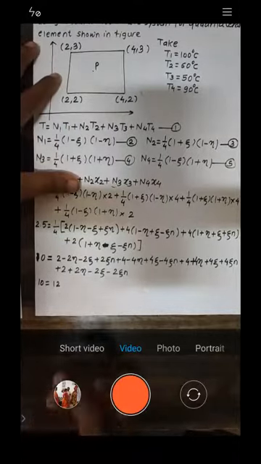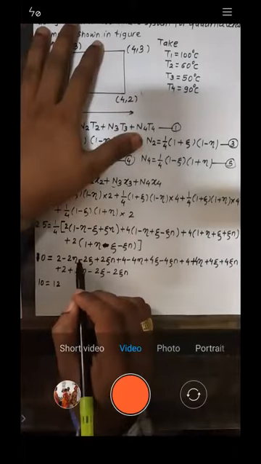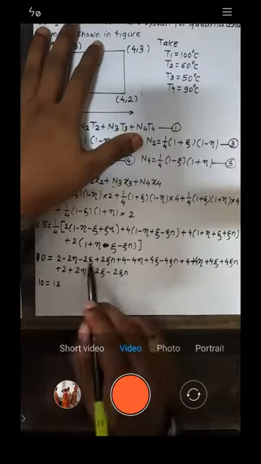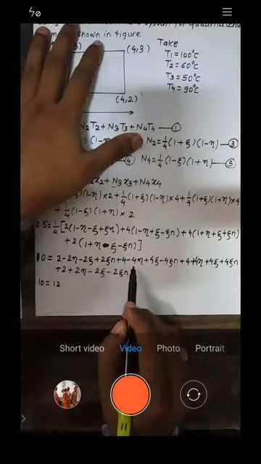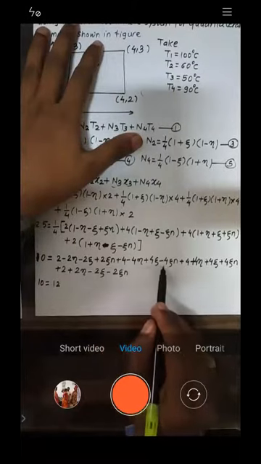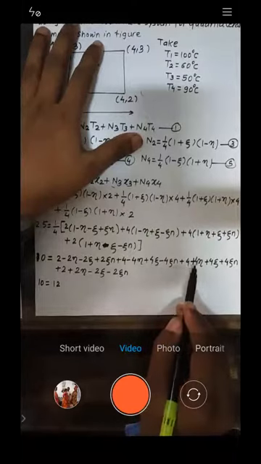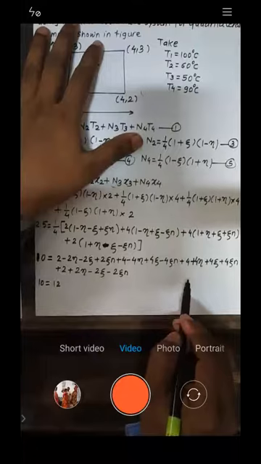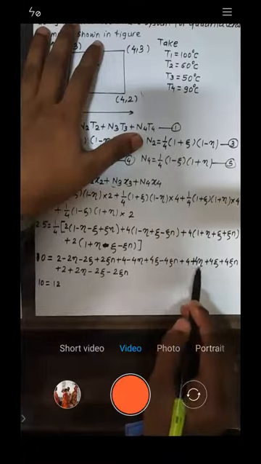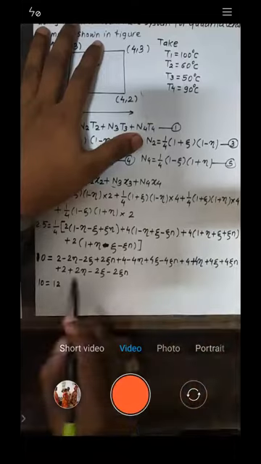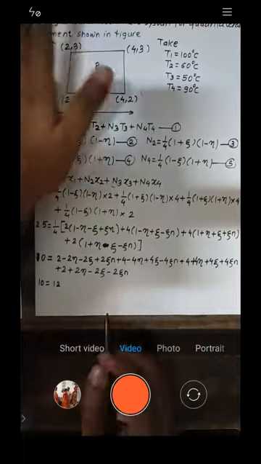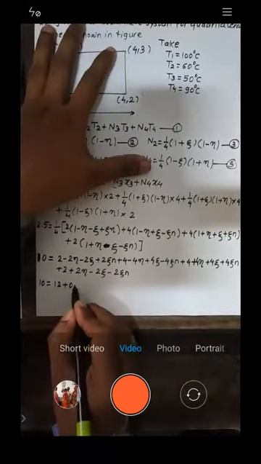Is it okay? Now go with this neta. This is minus 2, this is minus 2, this is minus 4. So minus 2 minus 4 is minus 6, right? Then minus 6 plus 4 is minus 2. Then this is minus 2 and this is plus 2, right? So what you will get? You will get 0 neta. Is it okay?